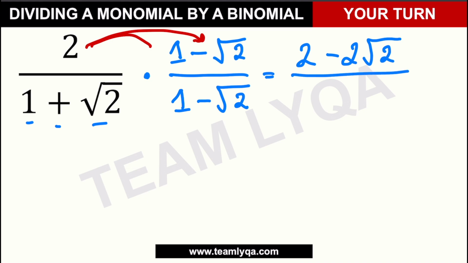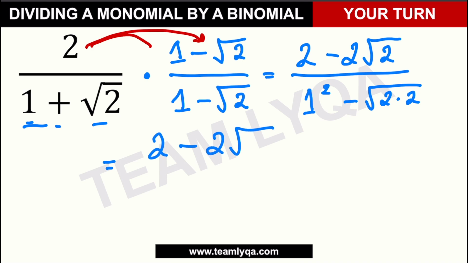Okay? All over. Tapos ito na. Instead of just it being square root of 2 times the square root of 2, kailangan natin siya na i-square pareho. Okay? So yung 1, basically this is like 1 squared minus the square root of 2 times the square root of 2. Okay? So, equal siya sa, i-rewrite lang natin sa taas, 2 minus 2 square root of 2